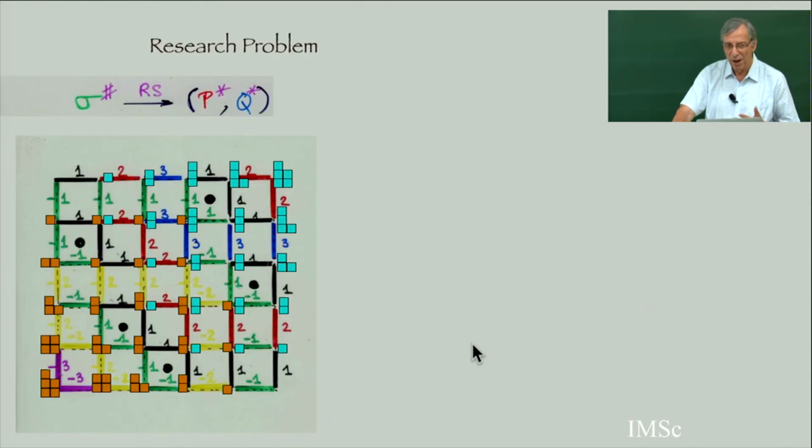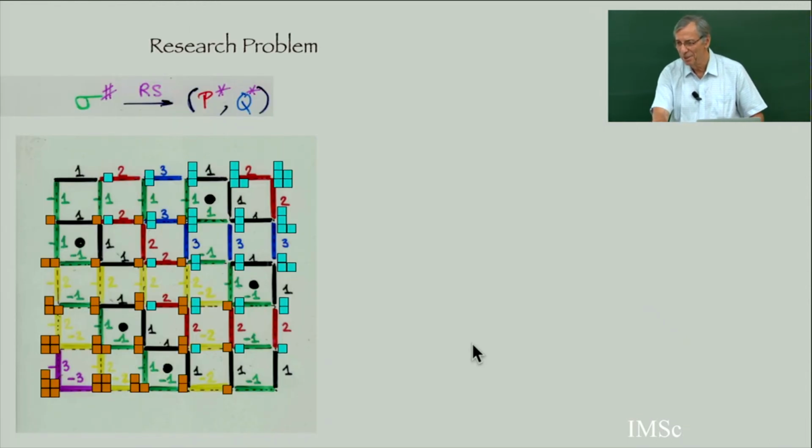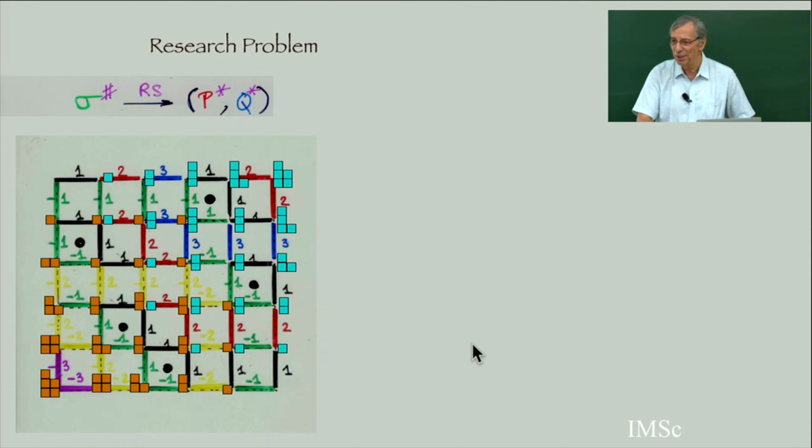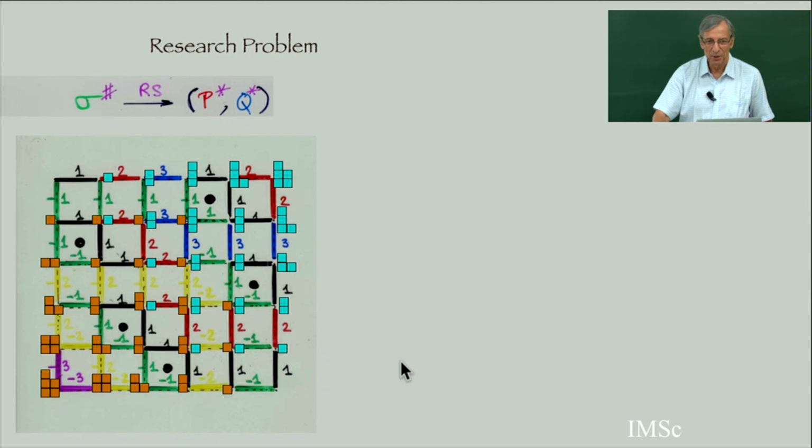For me, I would like to have a research problem. Why go through Greene's theorem, all this stuff? I would like to have a direct proof. Because now, with this philosophy of rewriting on edges, instead of forming local rules, I am rewriting on edges. This is the cellular philosophy. So this part of the tableau was a PQ symbol, but then we go to negative integers to get the whole picture.